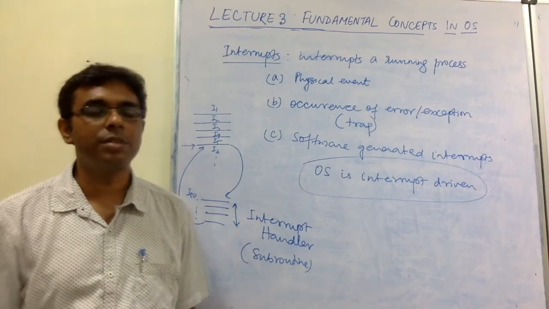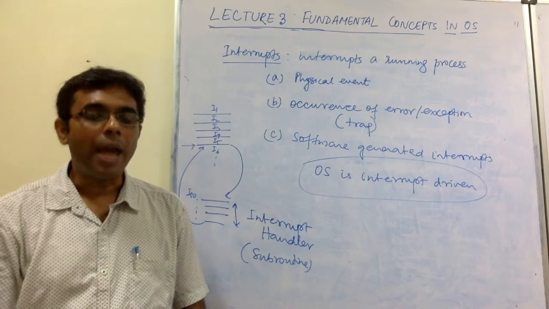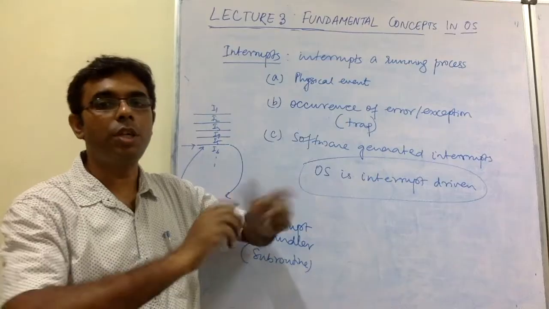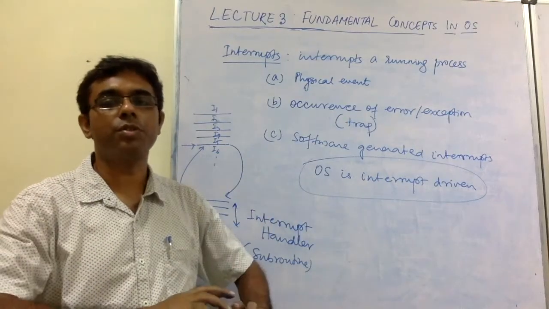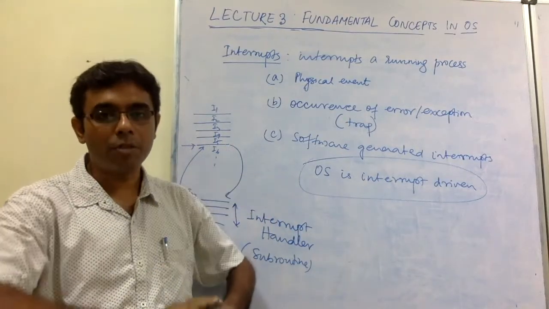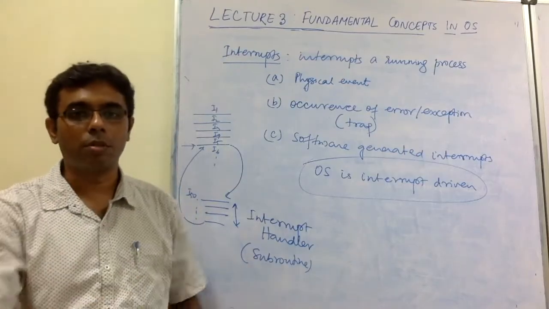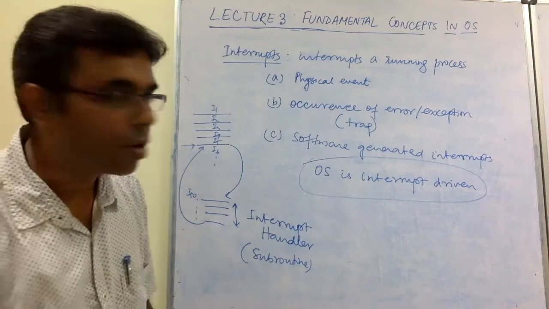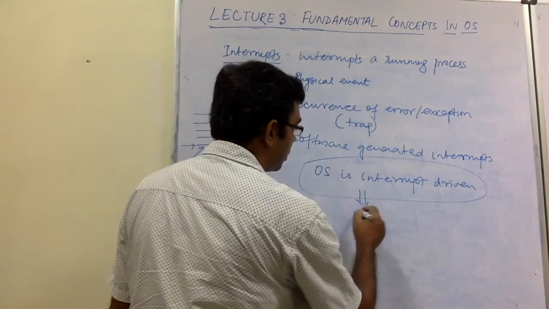That is some kind of a system call that has to be executed. And a system call is nothing but a software generated interrupt. That means you keep on switching your execution from process to OS code and back to the process code. So that is the reason why we say that OS is interrupt driven,